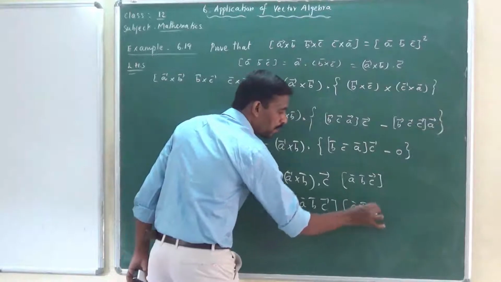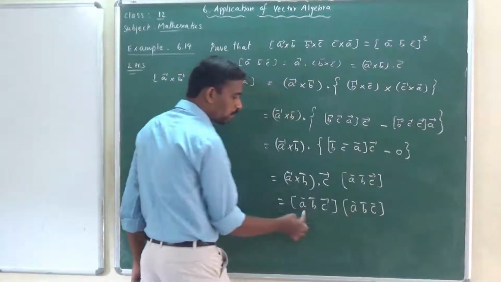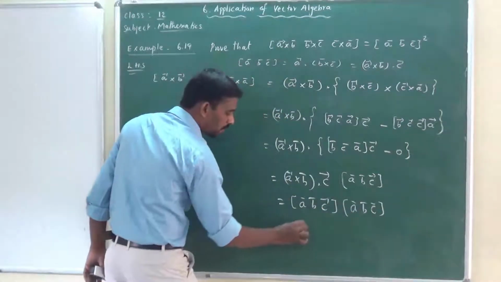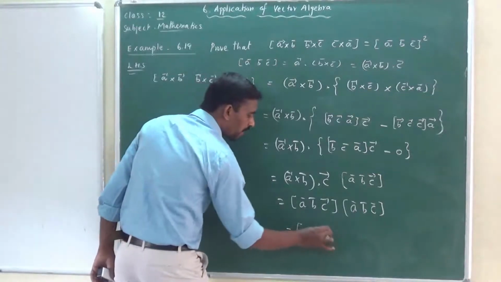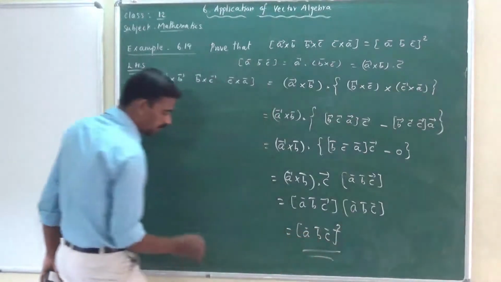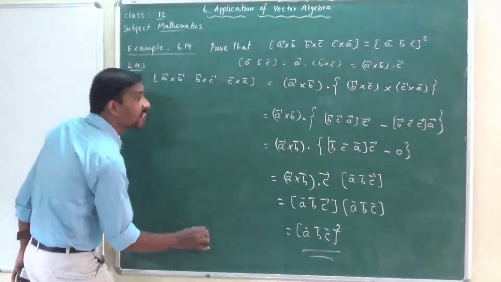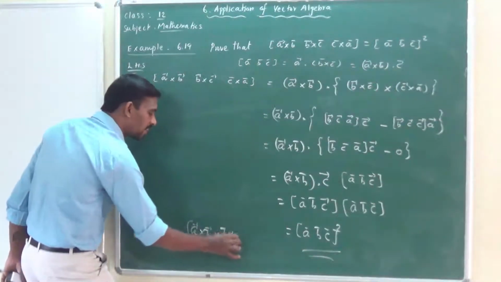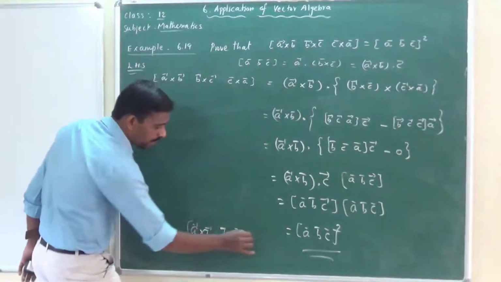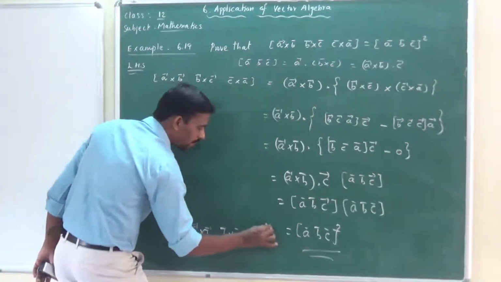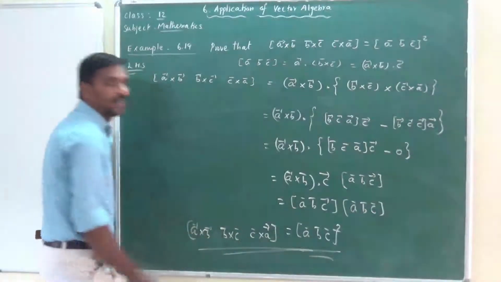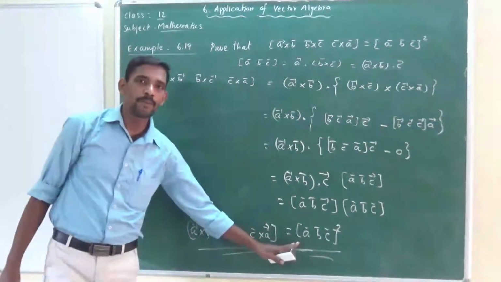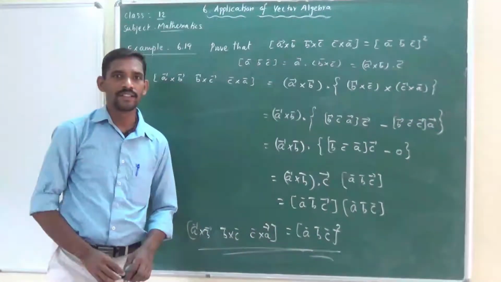Again here also one box product, so the box product is available 2 times. So we can write the box product of ABC the whole square. So on the left side we want to write A vector plus B vector, B vector plus C vector, sorry, C vector plus A vector, which is equal to the box product of ABC the whole square.